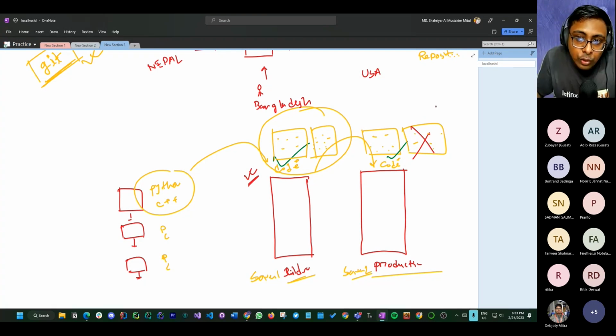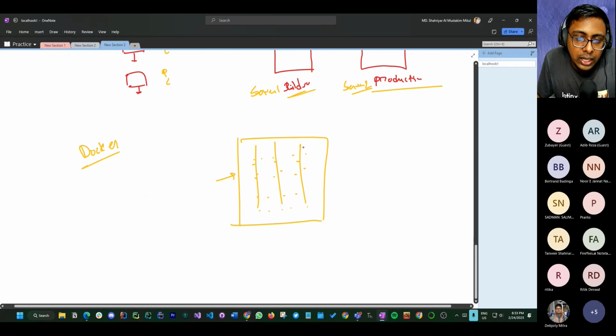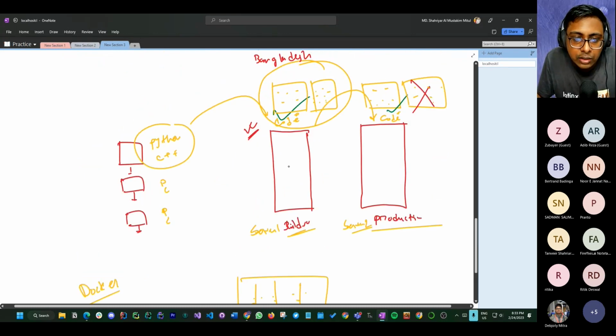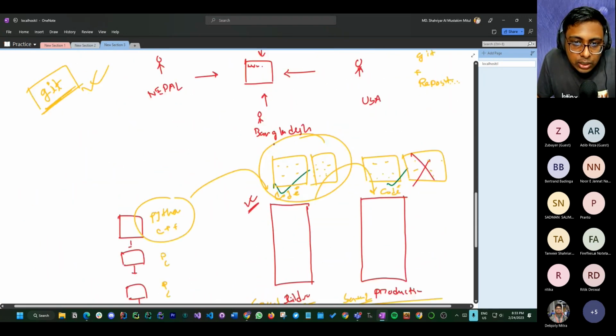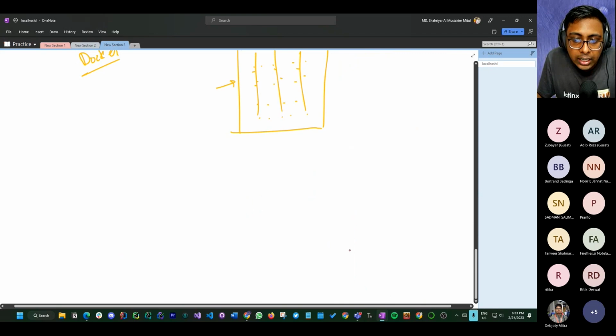So for this purpose Kubernetes is used. It is a kind of container orchestration management system. So this is what we had to know, just the basics. It is not mandatory, but I showed you so that you can continue